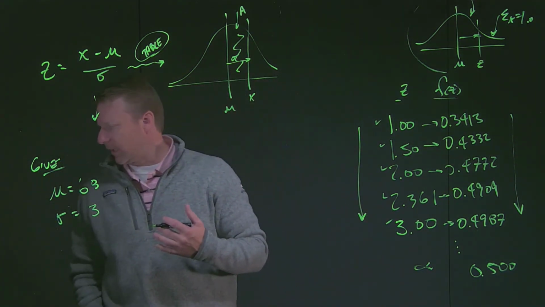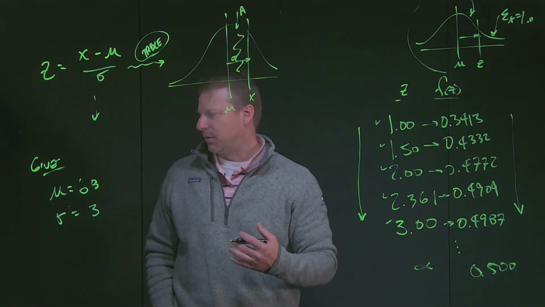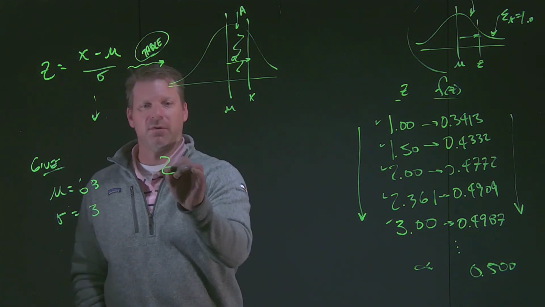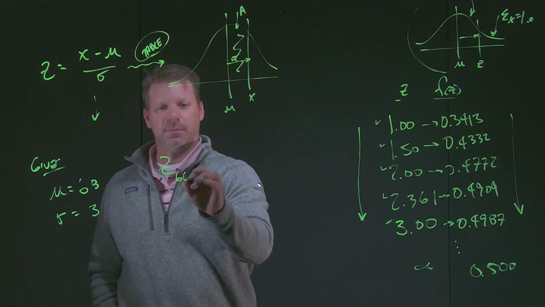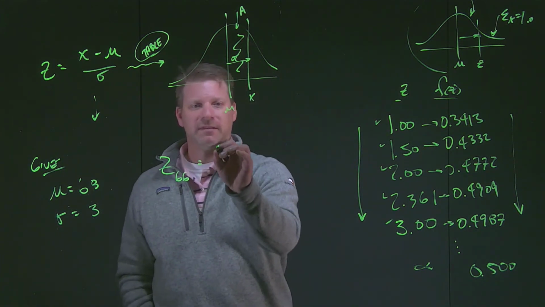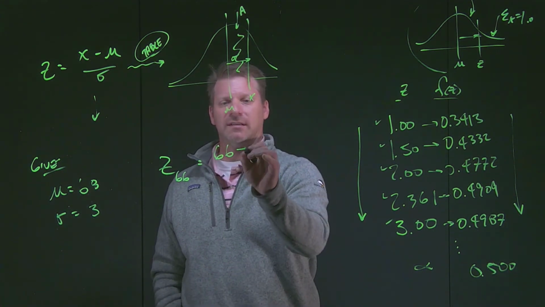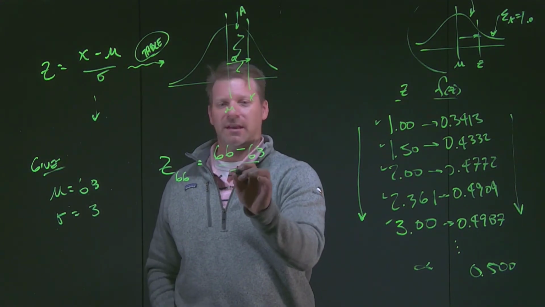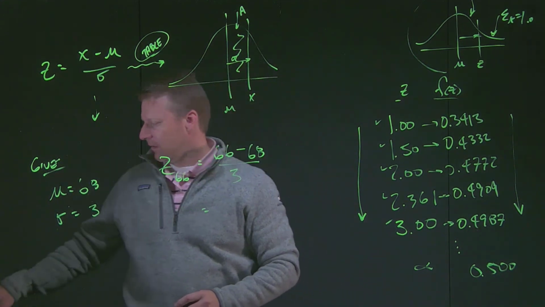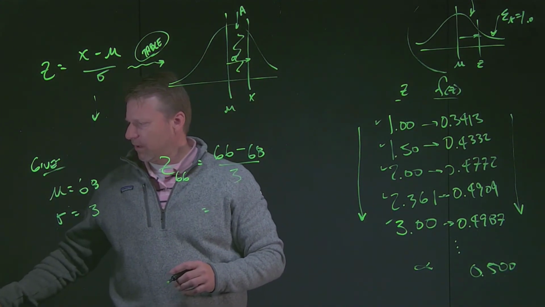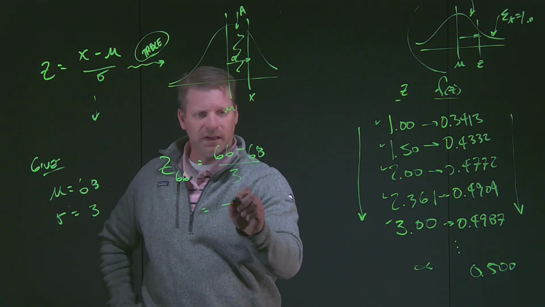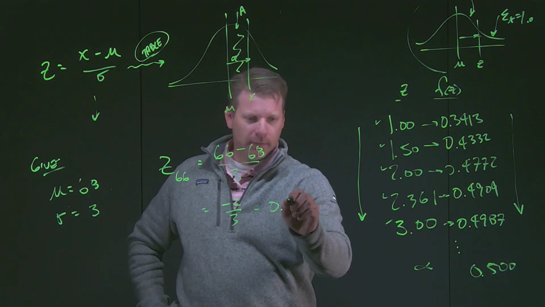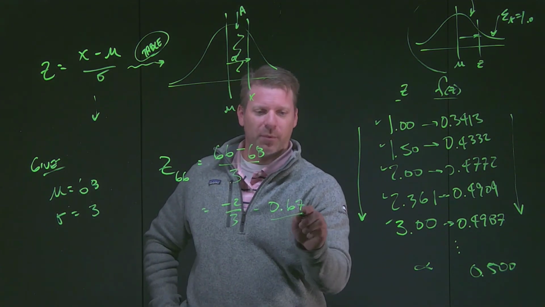The first one I intend on looking at would say, what's the probability of getting a value between 66 and 70? Well, to start to do that, I'm going to find a z-value, for example, for 66. My 66 goes in here: 66 minus my mean of 68 divided by my standard deviation of 3. So if I start running the numbers, I've got -2 divided by 3, which gets me to a z-value of -0.66, lots of sixes. We'll just go to -0.67.